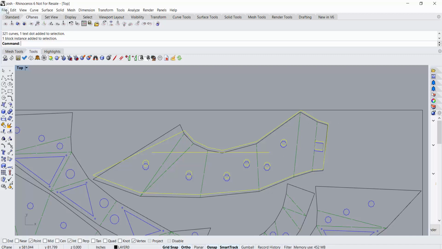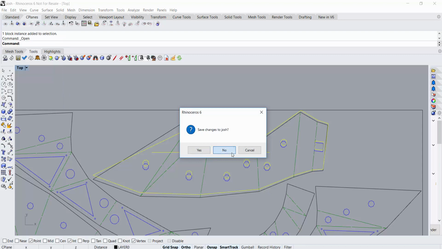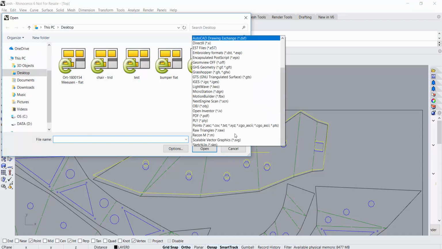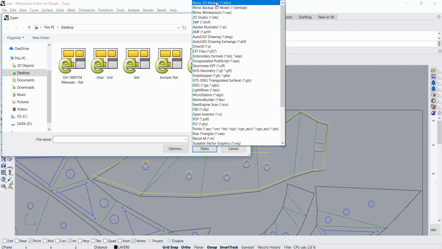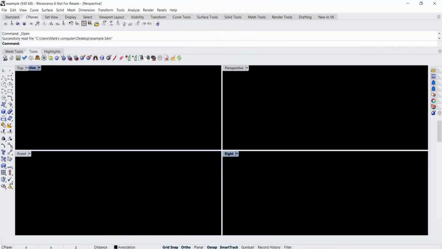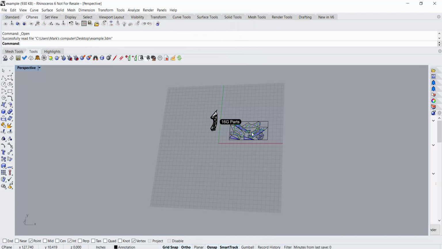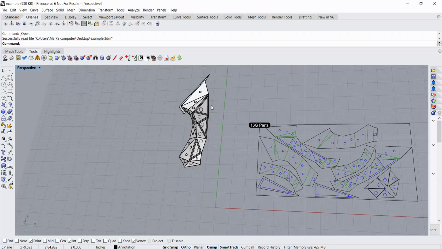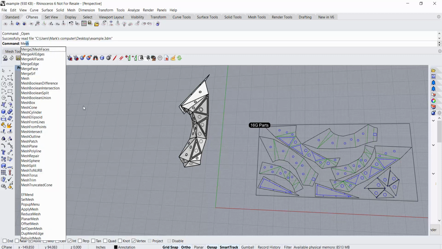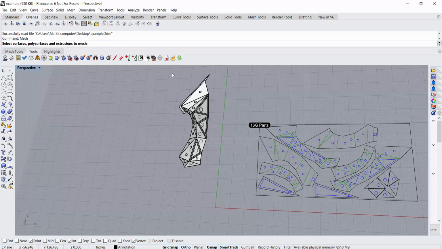And I'll show you. Basically, just open up the file that you sent. Give me a second here. So this is the piece. Now if I flatten it, Exact Flat is a mesh flattener, so I can flatten a surface, but what it's actually going to do is create its own mesh, or I could just make a mesh in Rhino